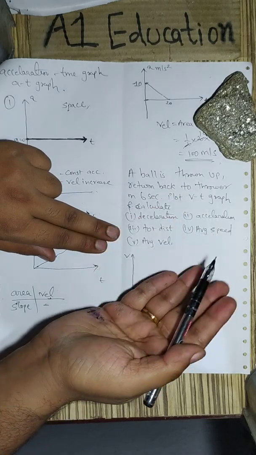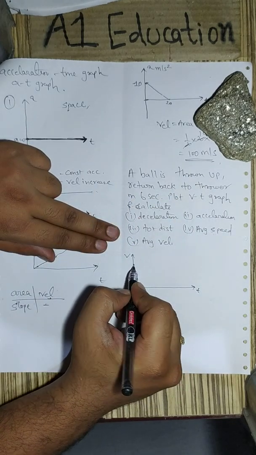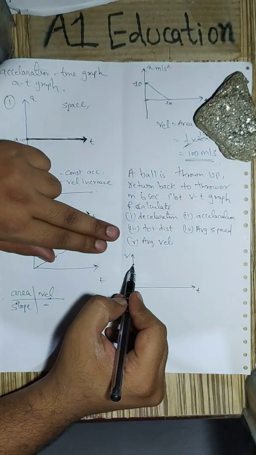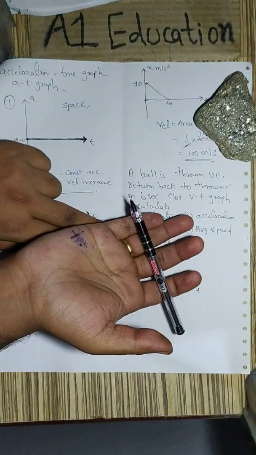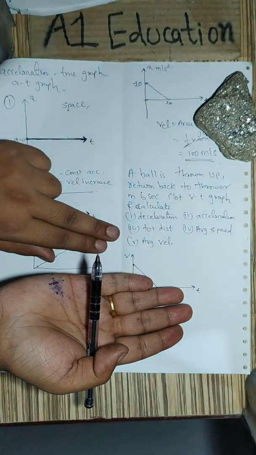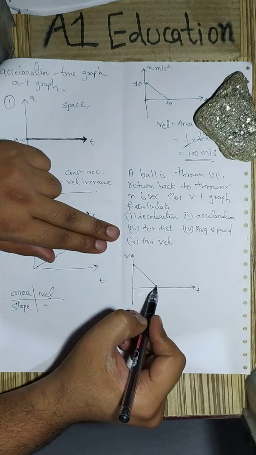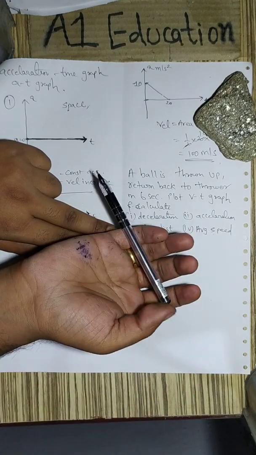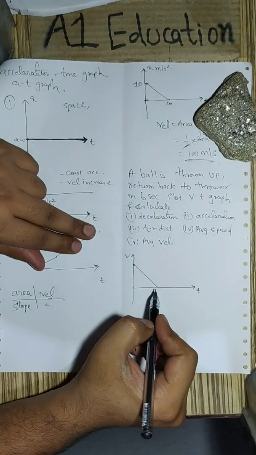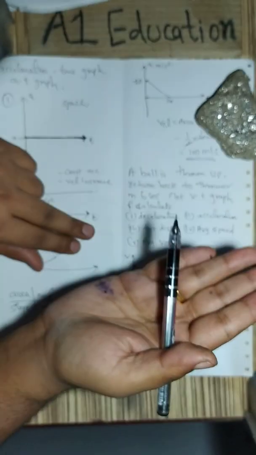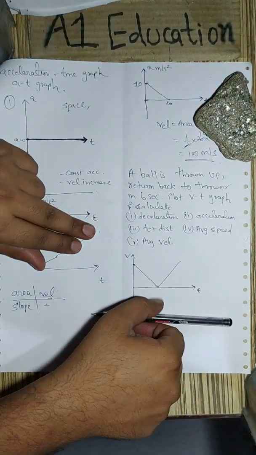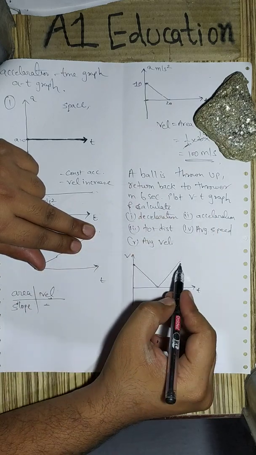So when the ball is thrown up, it will obviously have some initial velocity. It is thrown up, so it will go up, then fall down again. As it goes up, its velocity will go on decreasing. If you throw anything up, it rises, comes to a stop, and again returns to the ground. So if we plot the same thing in terms of a velocity time graph, then we know that when it is thrown initially, it will have some velocity. On reaching the highest point, its velocity will become 0. Furthermore, it will start coming down and it will have some velocity when it just touches the ground. Total time is given as 6 seconds.